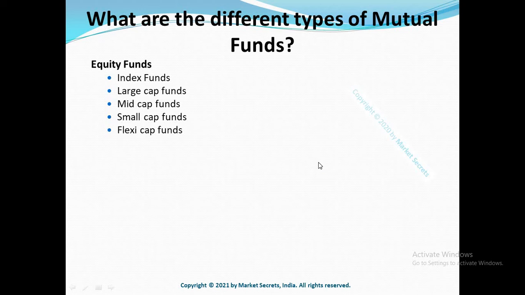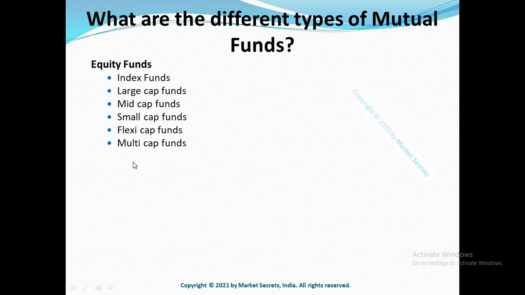Next on the list is flexi cap funds. These have flexible mandate to invest in any group of stocks and not limited like the above three groups. They have additional restrictions like not investing in very small stocks like microcap companies. The idea is to invest in a particular group according to the market conditions. So they invest most of the money in the large cap companies during one phase and they will invest most of the money in mid or small cap companies in another phase, which will result in having the benefits of all the worlds in a single fund.